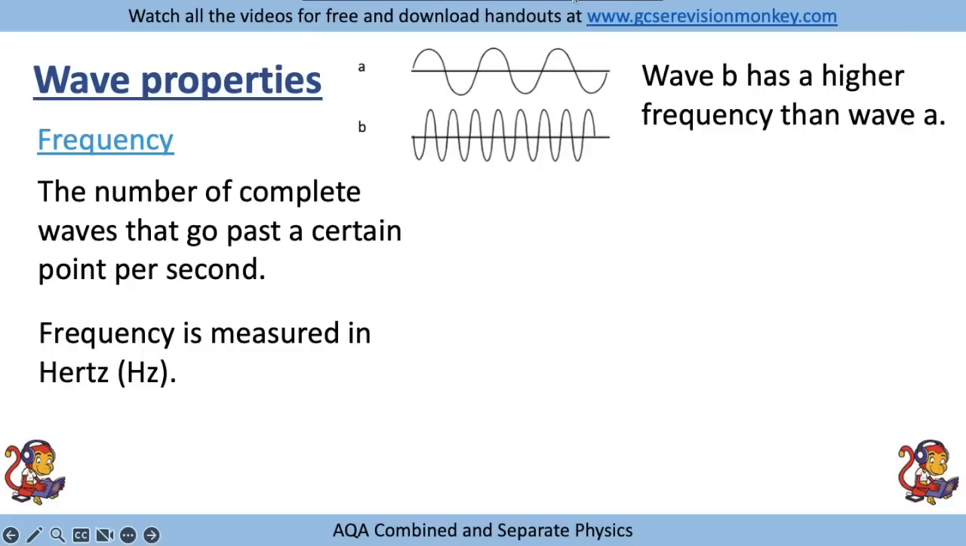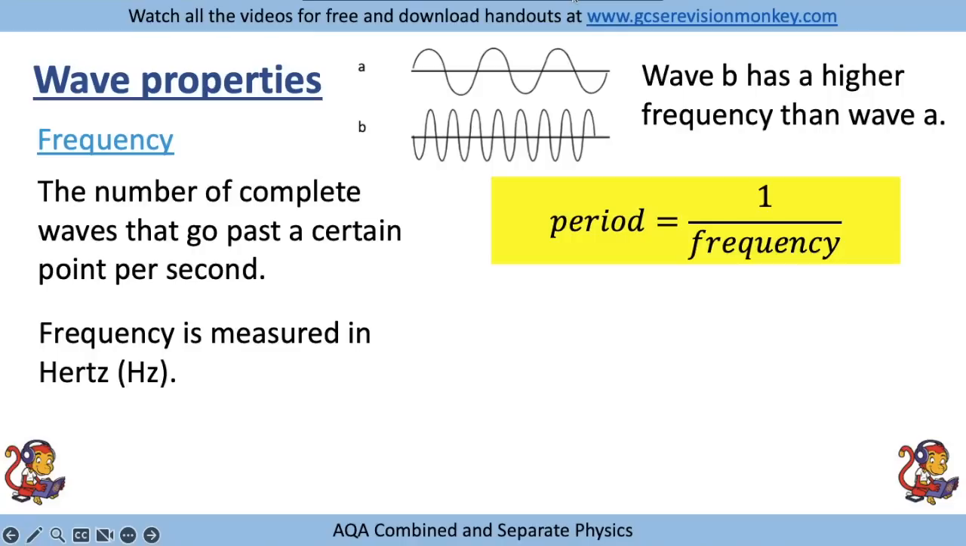point every second. There's an equation that links to frequency, which is period equals 1 divided by frequency, and period is the time it takes for one complete wave to pass a certain point. So there's one complete wave, and period would be the time it takes for one wave to pass a certain